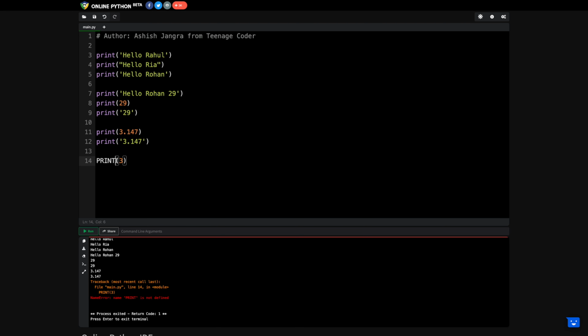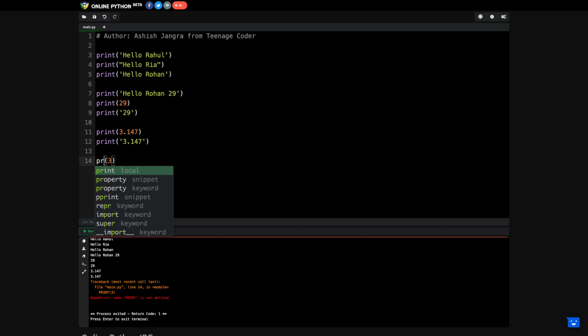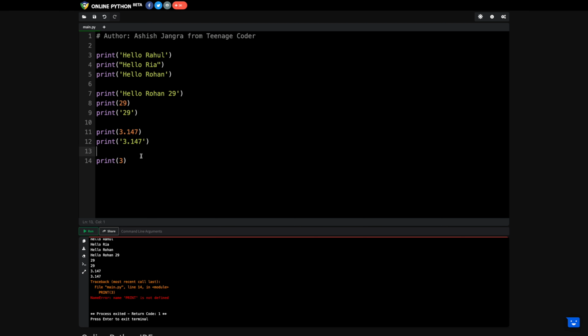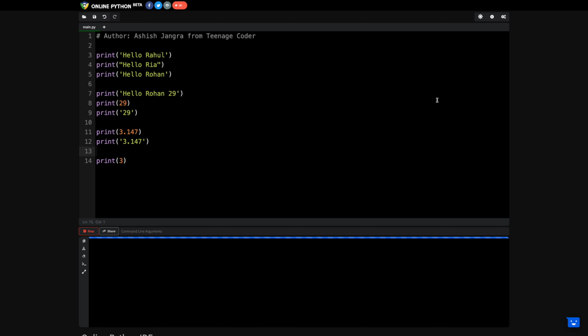right? So you need to follow the same pattern, that if the function is named print with all small letters, we need to use the same print function. We cannot manipulate the case sensitivity of the program. Clear? So that's pretty much it about the print statement. How we can print anything, how we can greet your friends, how you can write the print statement. You can add as many lines of code as you want. Clear? So that's pretty much it about the print statement, and that's actually everything about the print statement.